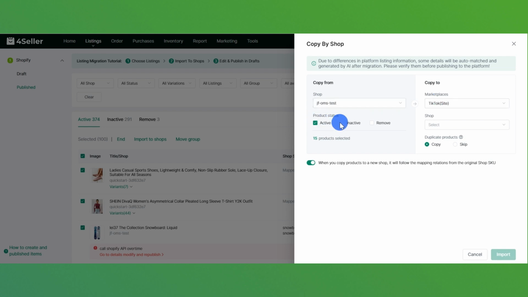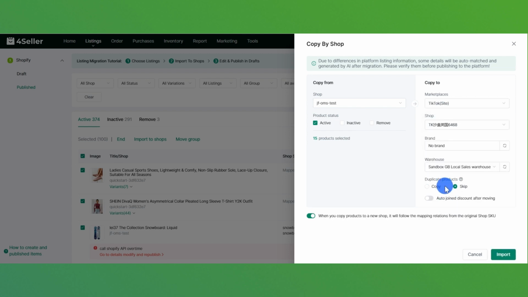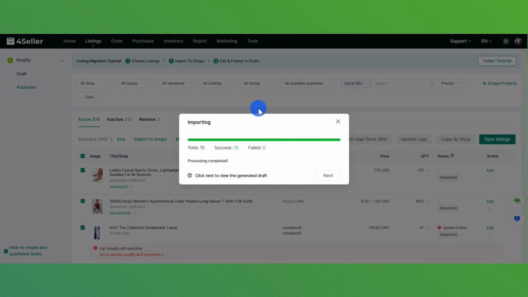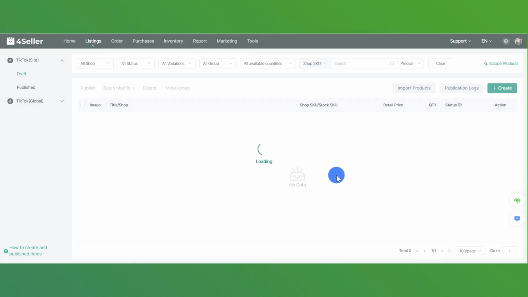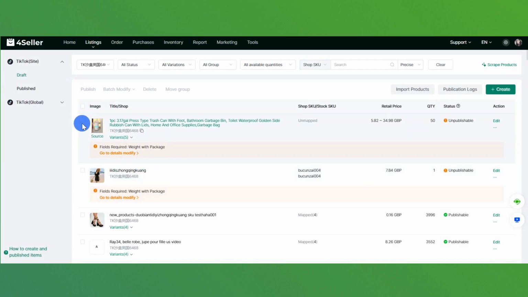Choose which stores you want to migrate, the product status, and which shop you want to publish to. Choose Copy to copy your same products or choose Skip to skip same products, and click Import. Wait for the green progress bar to end and choose Next, the page will jump into the platform